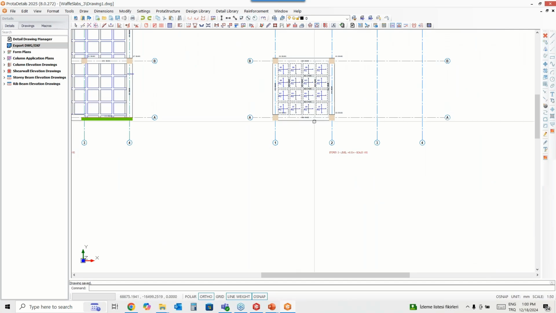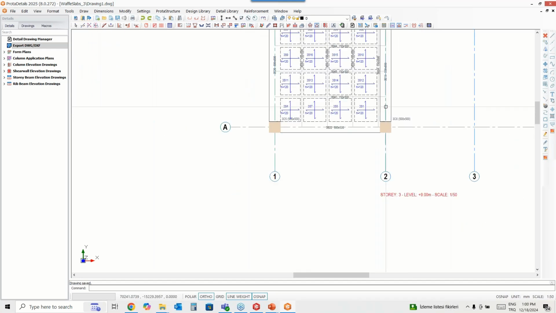If we had a slab strip in here, because we have real slabs, then we could see the rebars on the section. But for ribbed and waffle slabs, the section doesn't show the rebar details.